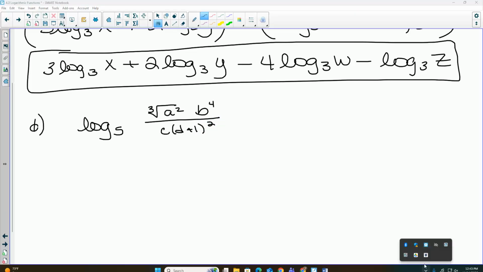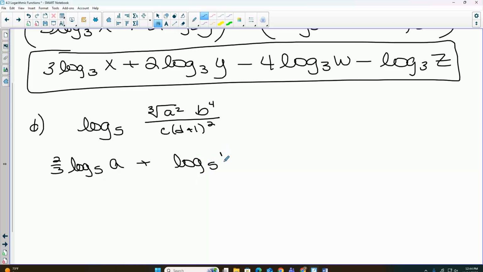Try that. Okay, so we have log base 5 of a, the cube root of a squared is what power? 2/3, so a 2/3 comes down. Plus log base 5 of b to the 4th, so the 4 comes down. Both of these are on the denominator, so you could just subtract each of them off, so minus log base 5 of c